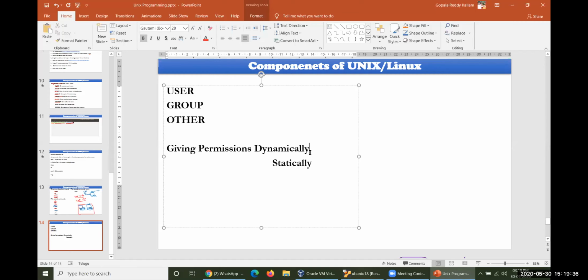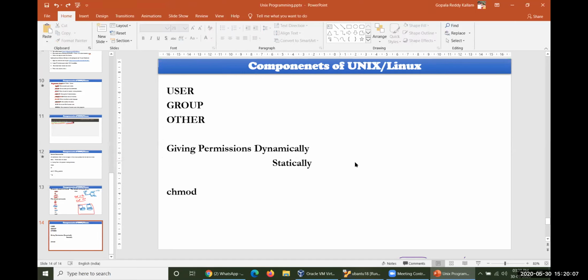Then how could you do all these operations? To do all these operations, we are supposed to use chmod. This is the command which is used to provide permissions to the specific users. Ch in the sense change, mod in the sense mode. Change the mode of a file. So that is the thing. I'm talking about the first one, this is static, and then talking about the dynamic here.